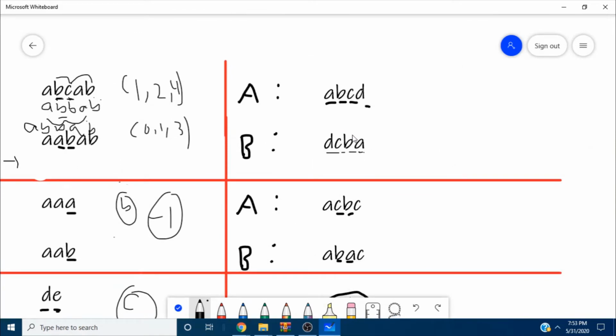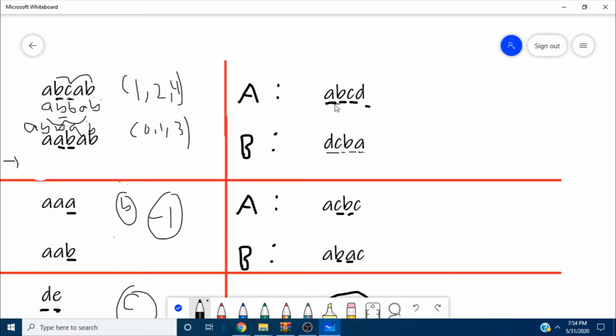In this test case, let's first check if the characters in string B are present in string A. Let's check whether D is present, C is present, B is present, A is present. Yes, all characters are present. Now in order to convert character A to character D, we need to choose a subsegment which contains D as the minimum character in that subsegment.